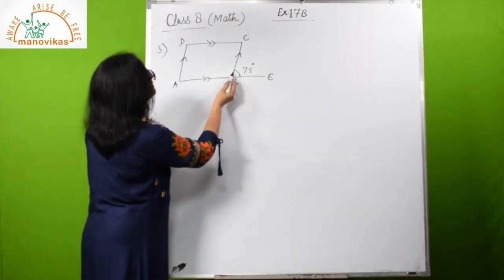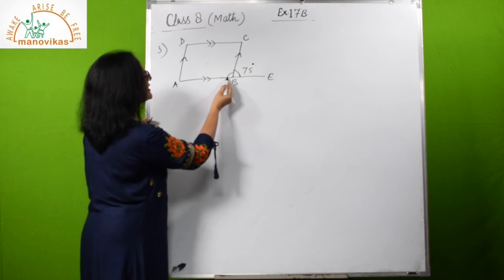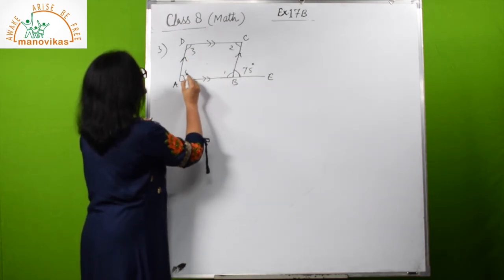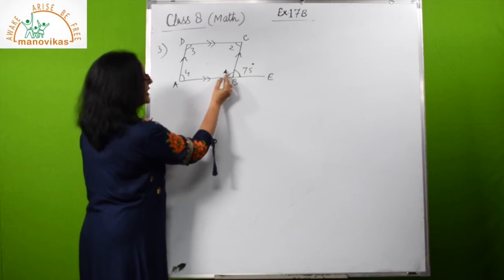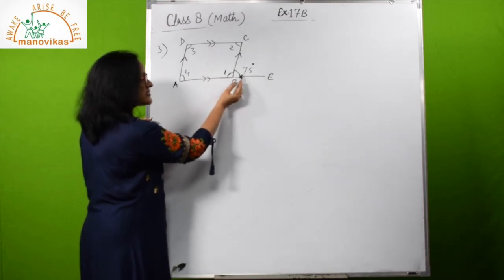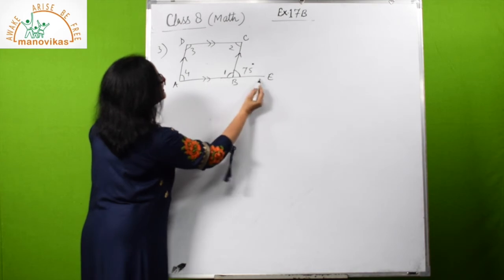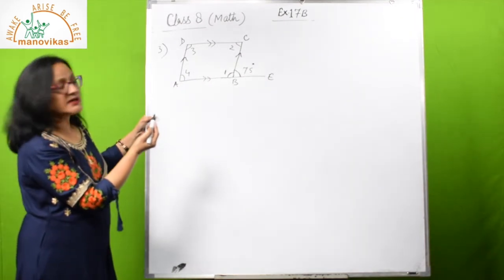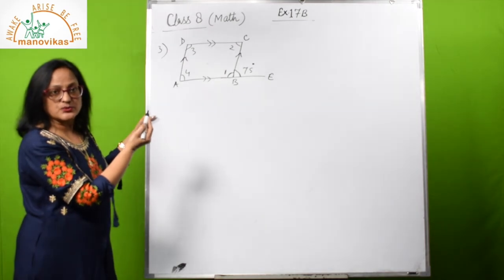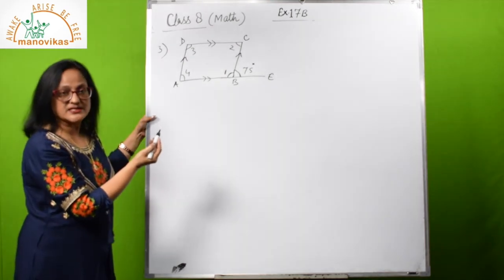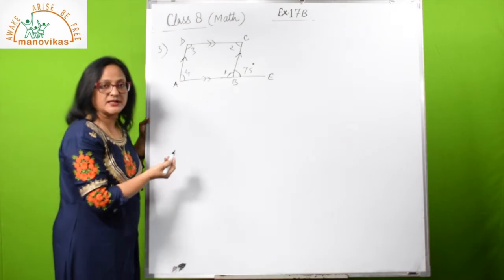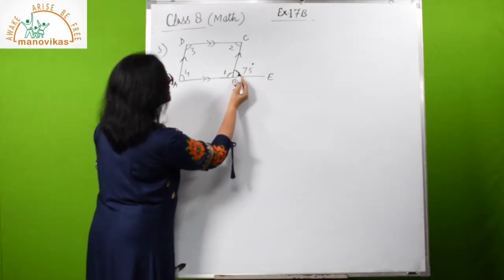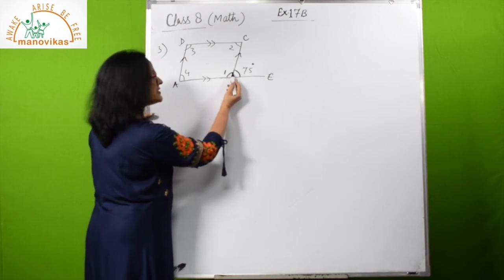Now here the easiest connection that you can make, if we name the interior angles as 1, 2, 3, 4: you can see here angle 1, this angle, and 75 are on the same straight line ABE. And I explained this also, linear pair are the angles which are formed on a straight line and their sum is equal to 180 degrees. This property of linear pair we will use here. So with the help of the 75 degree angle, we can find this angle 1 easily.